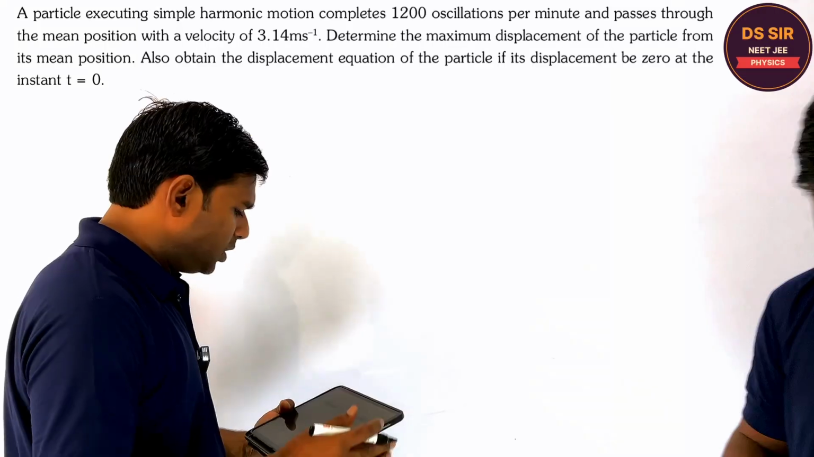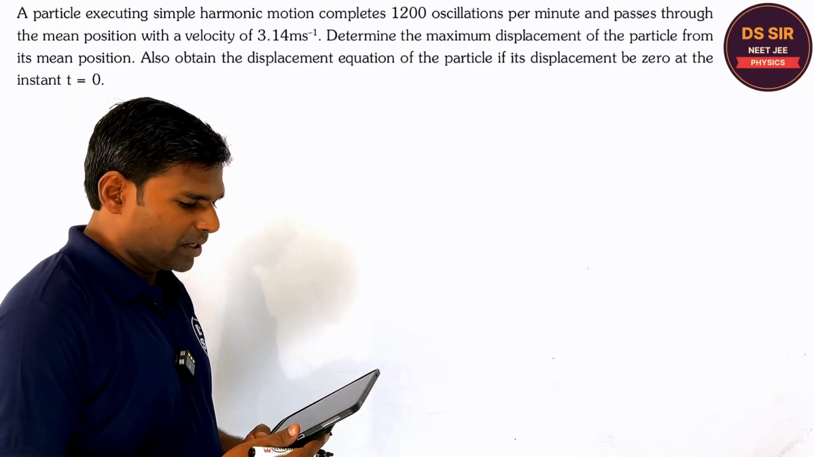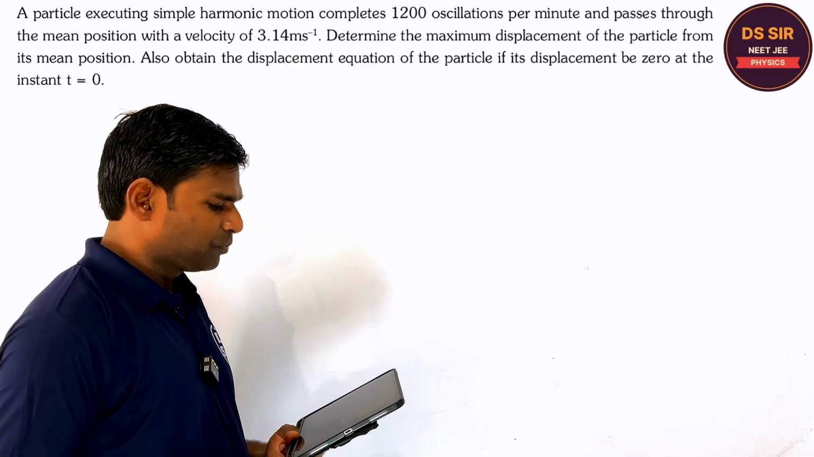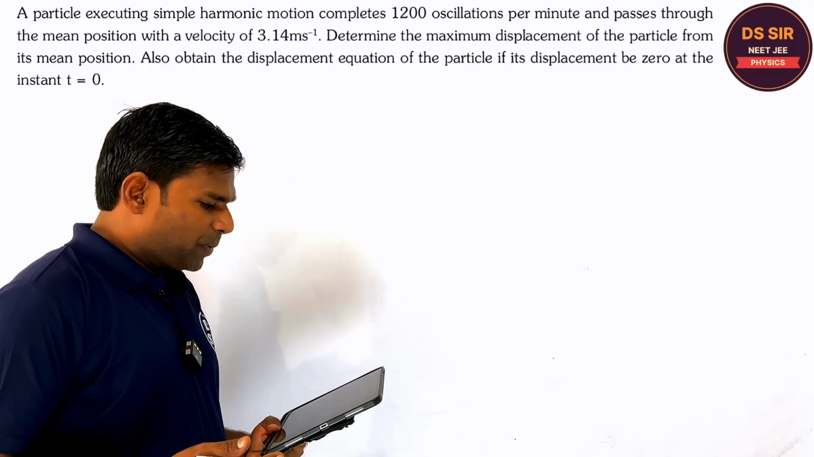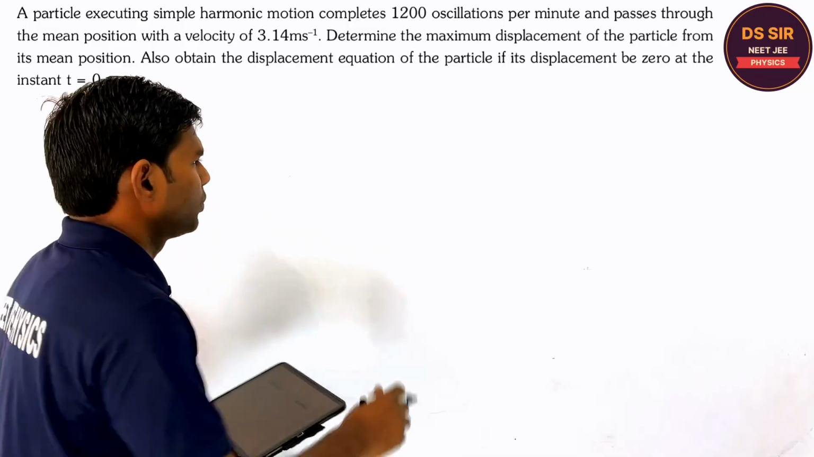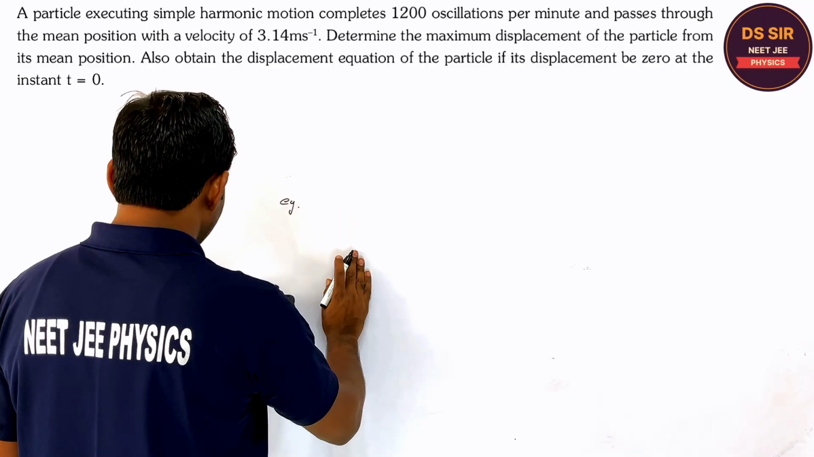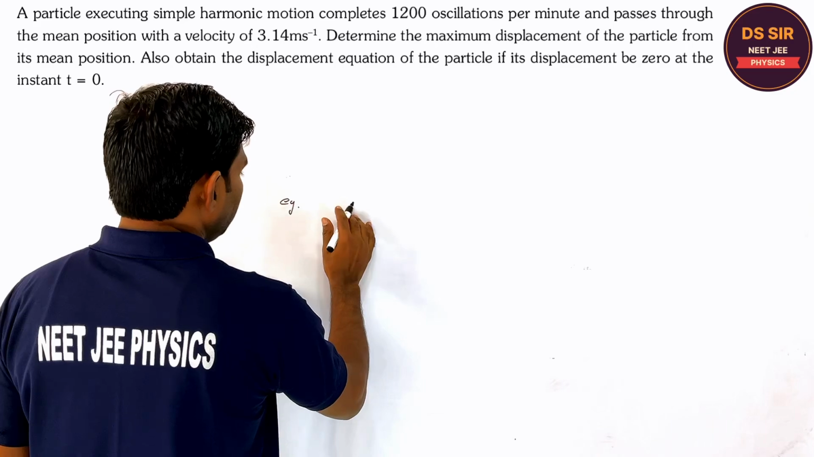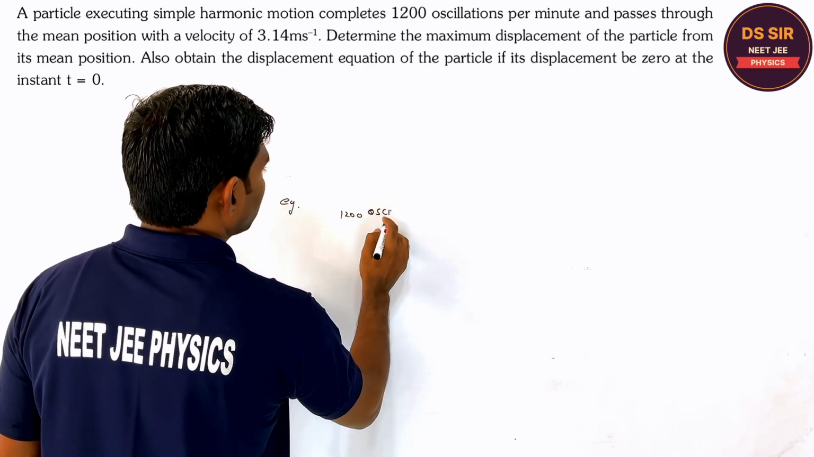Copy this. So in this question, a particle executes SHM, completes 1200 oscillations per minute, and passes through the mean position with velocity 3.14 meter per second. You have to find the displacement from its mean position. Also obtain the displacement equation of the particle if displacement is 0 at t is equal to 0, right? For example, what is given? 1200 oscillations per minute, right? What does it mean? 1200 oscillations,